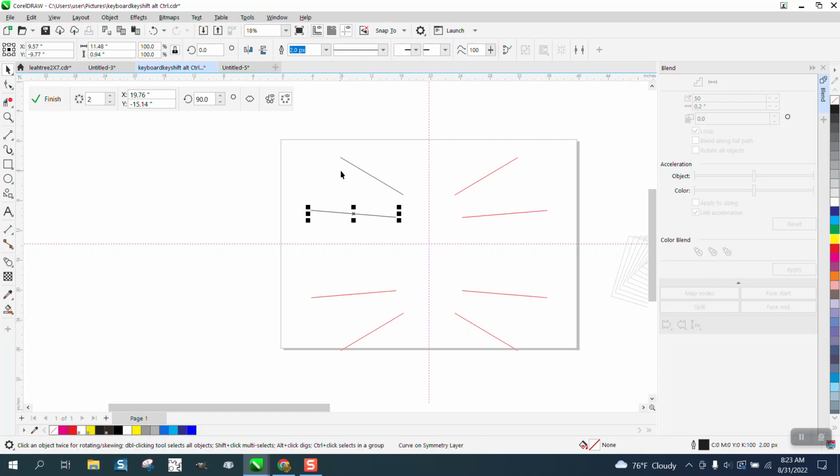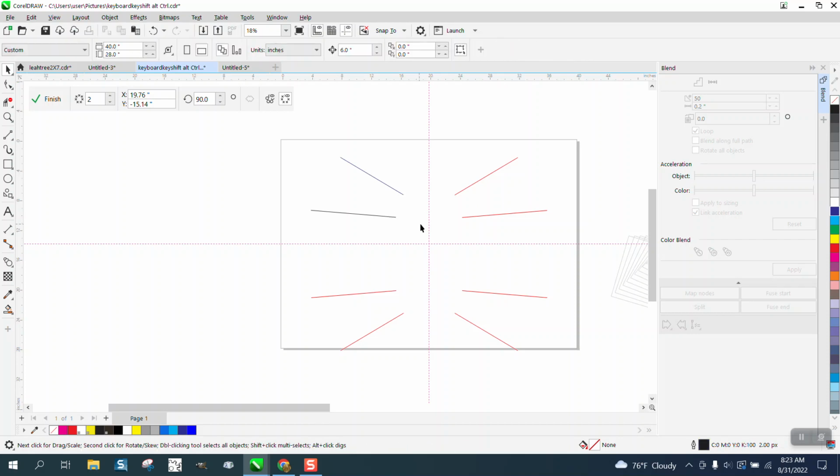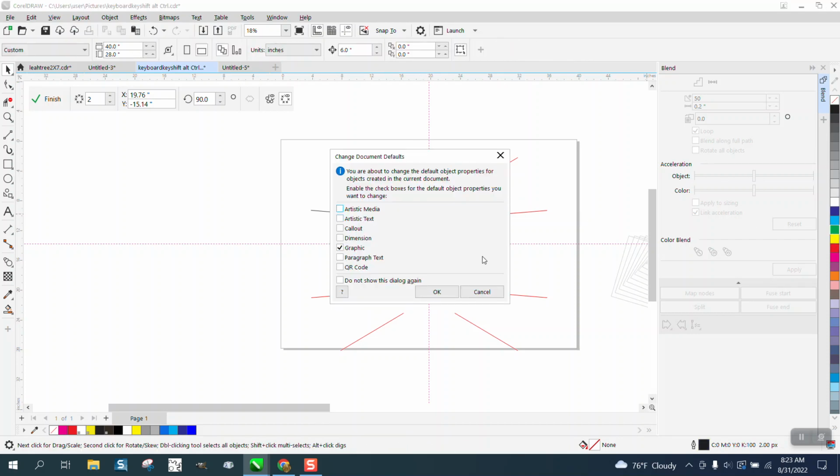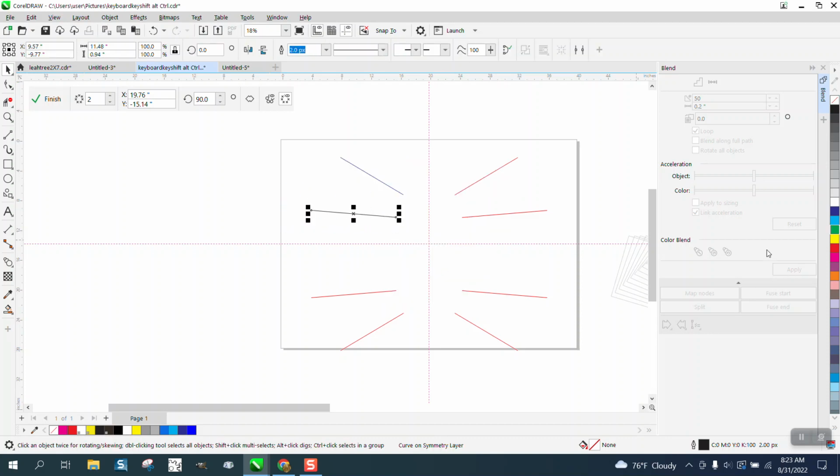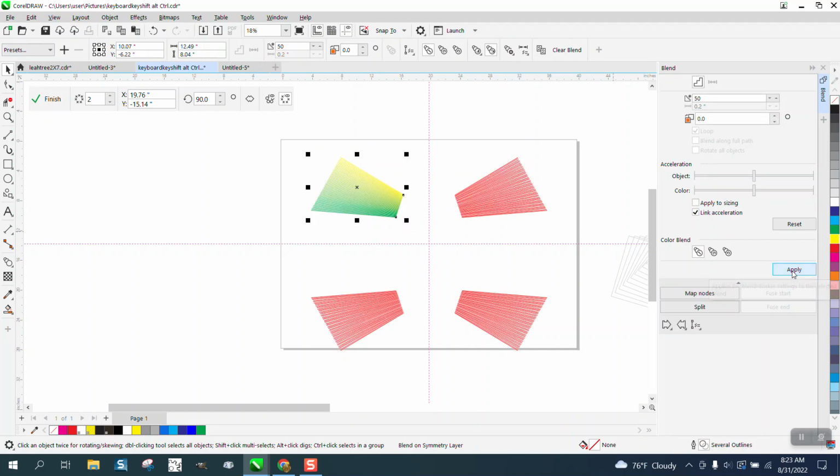If we wanted to, let's make one of these a different color, and we'll make that one green. Must not have had it selected. Let's make it green, make this one yellow, and now let's blend these two and watch what happens on the table. Now they're different colors because these are the symmetry until you get it done, but we could put that there,